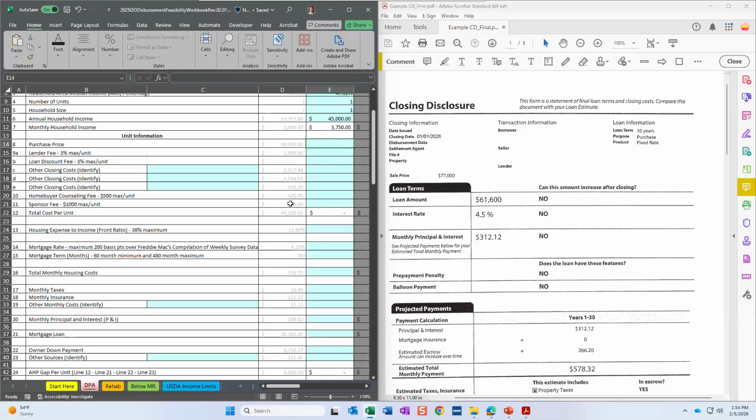All right. Now we get into some information about the closing disclosure itself. So finally going to start using some of the figures over here on the right. The purchase price of the home. So the purchase price, you'll see we've got our sale price up here. Of course, that's found in a couple different locations, but one of them is up here on page 1. So the purchase price on the home is the $77,000.